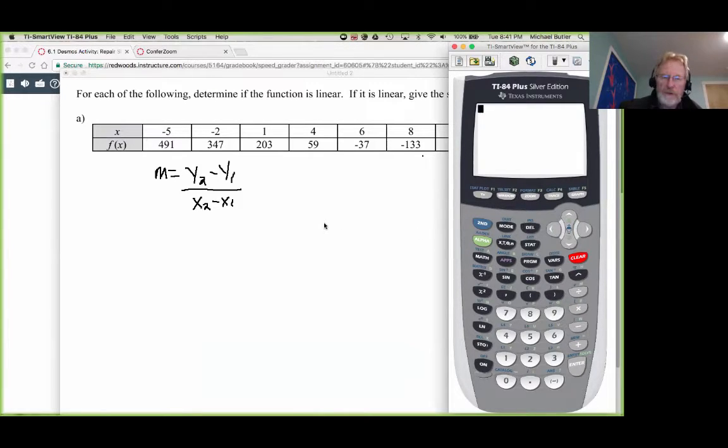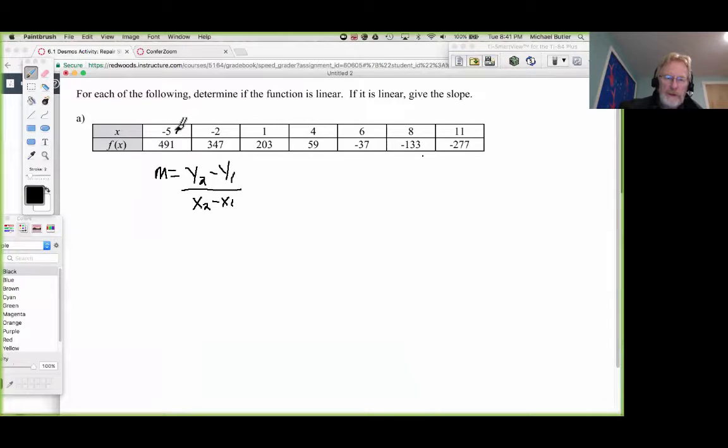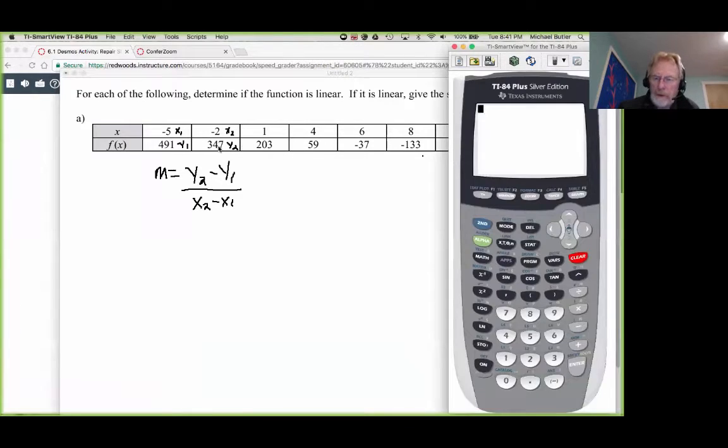So for our first ordered pair, we'll call this one here. This will be our x1. This will be our x2. This will be our y1. This will be our y2. All right. So on the calculator, I'm going to go parentheses, and I'm going to go